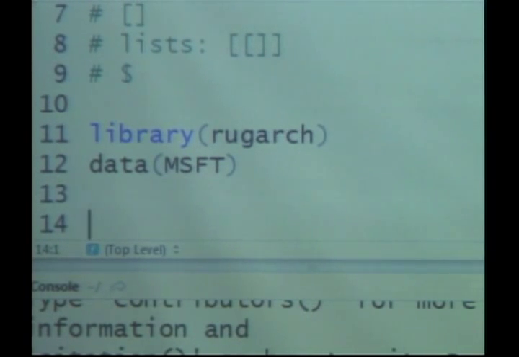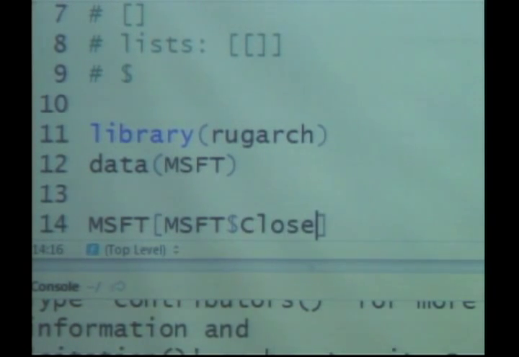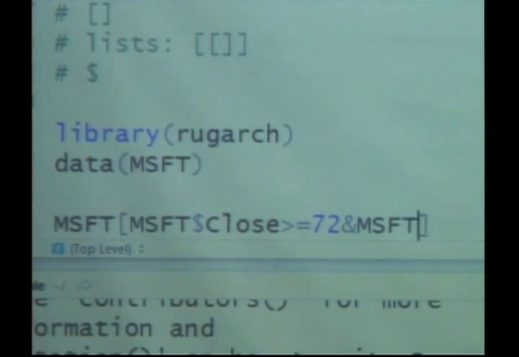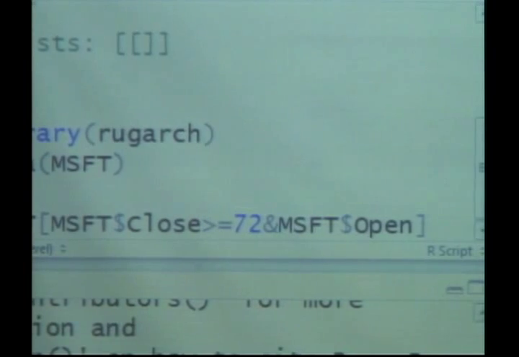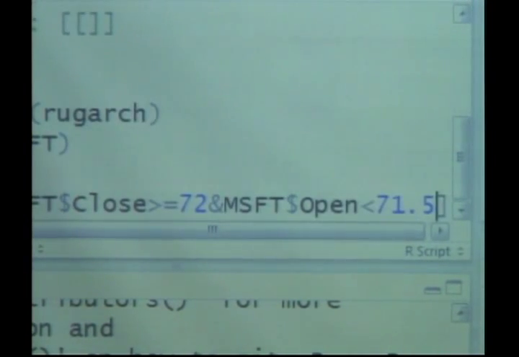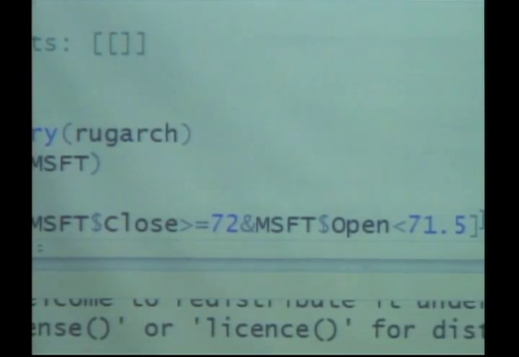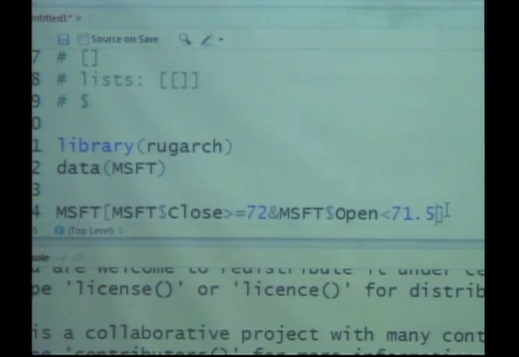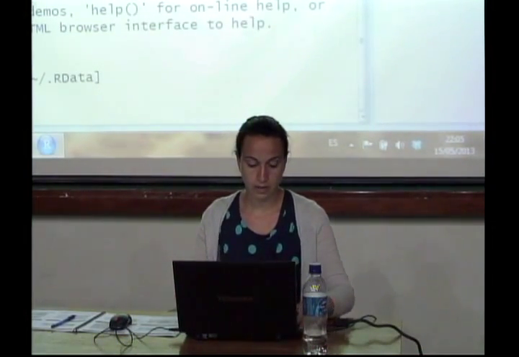Consider this data set. If we want to select the volume on trading days on which the closing price was equal to or greater than 72 and the opening price was lower than 71.5, then I have to go to the data set. I have to say which rows I want to obtain, and these are the rows that satisfy that the closing price, dollar Close, was greater than or equal to 72, and the opening price, dollar Open, was lower than 71.5. And I want these rows, and in this example I want just the volume, the column corresponding to the volume, so comma,